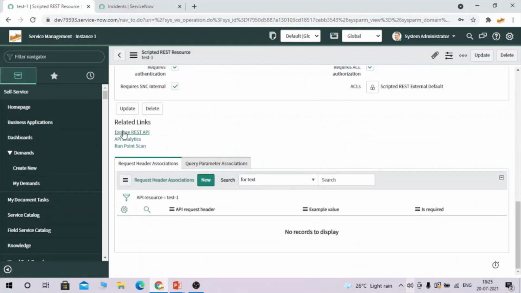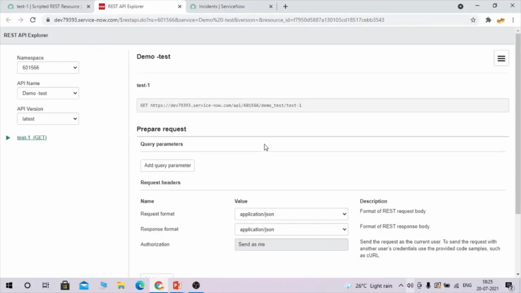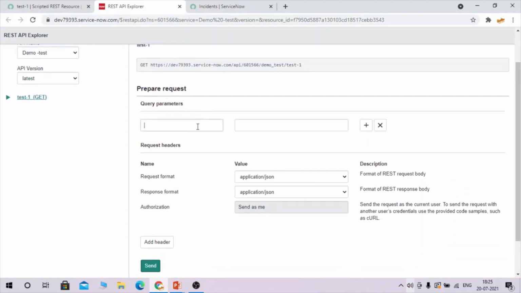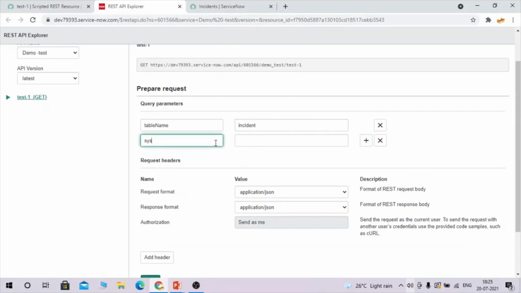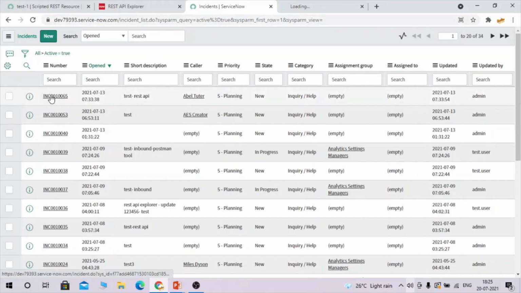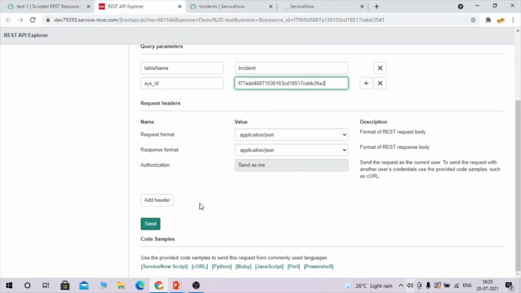Okay, so we have created our first test API. Let's see how it looks. In the query parameter, you can have that table name. You can pass any table name. Let me pass incident here. And another parameter you have is sysID. Again, you can pass any sysID here. So let me take the sysID of this record and pass it here. Now if I send,